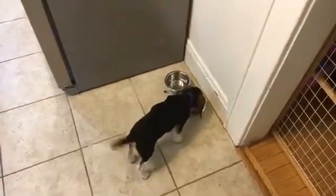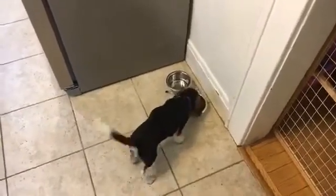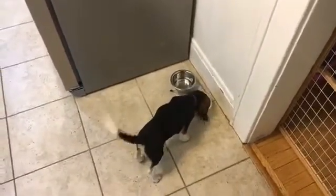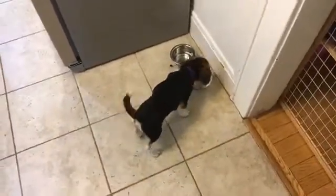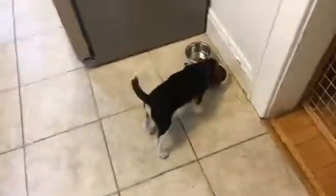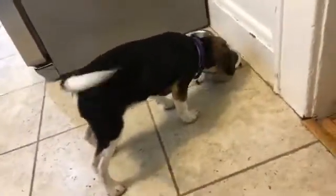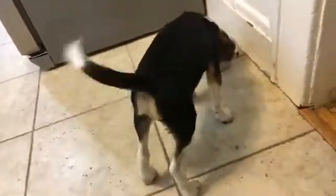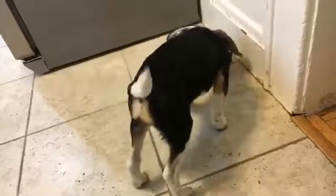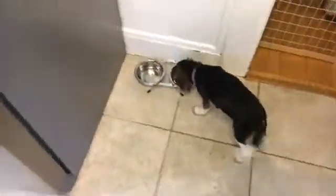He still eats with a little bit of excitement, a little faster than I would like, but he's getting there. It's not as frantic as it has been in the past, but he still eats. He's a food guy, and he does not want to let anything go. As you can see, he is not going to let a drop go. Isn't that good? Oh yes. He had to check in with his fans first, but hopefully